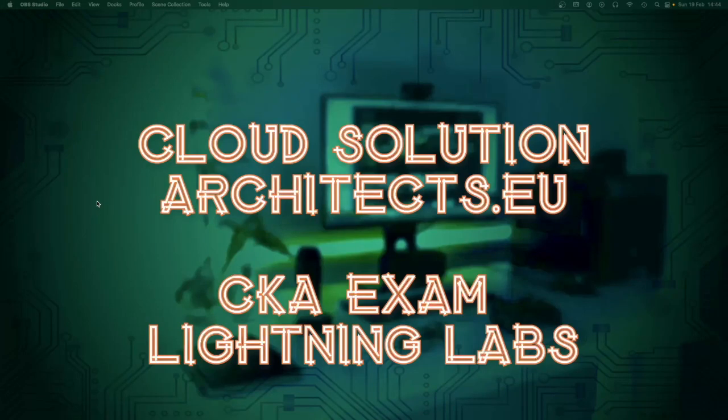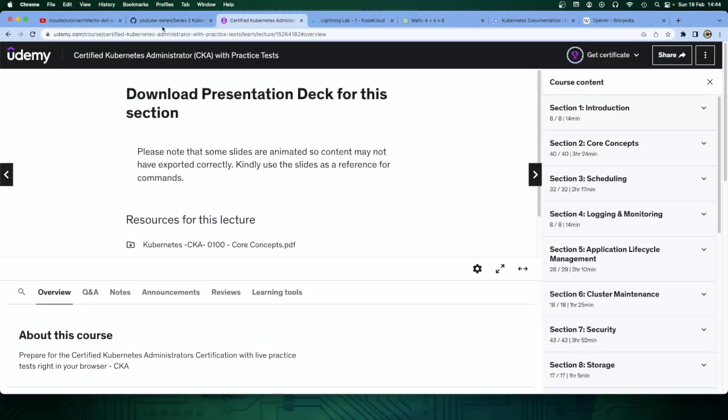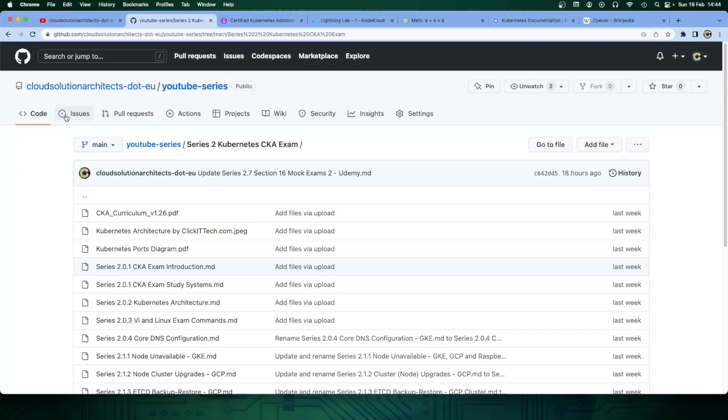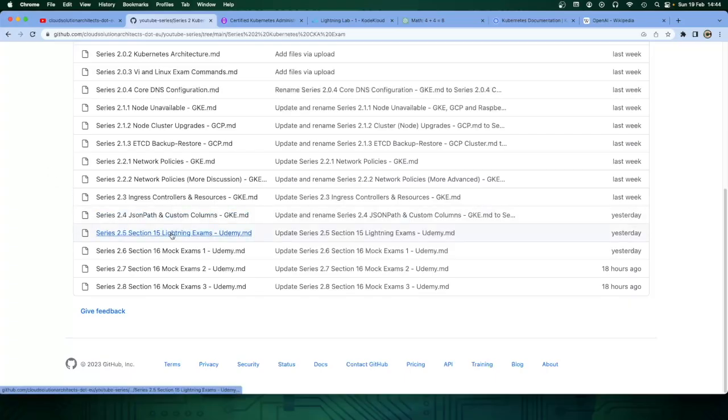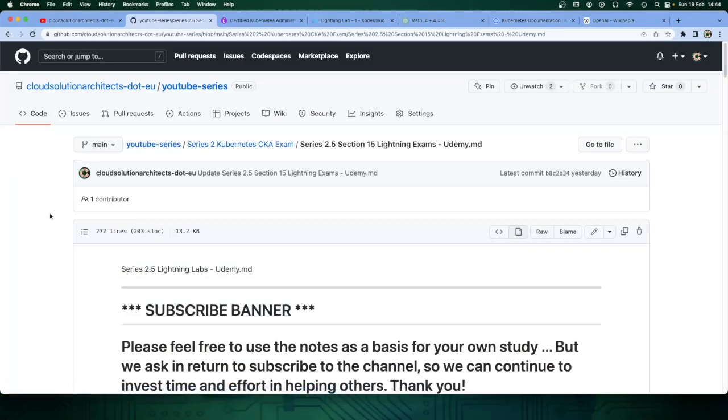So welcome to this session entitled CKA Exam Lightning Labs. What we're going to do is look at our new notes here. If we go into our Series 2 Kubernetes CKA exam, and we come down to our 2.5 Section 15 Lightning Labs, basically what I've done is I've created the notes that correspond to the Lightning Labs from